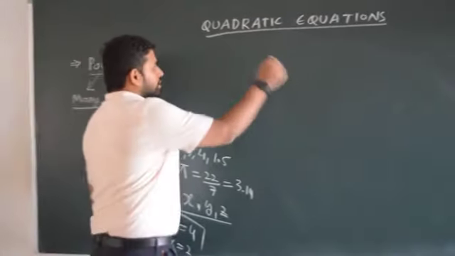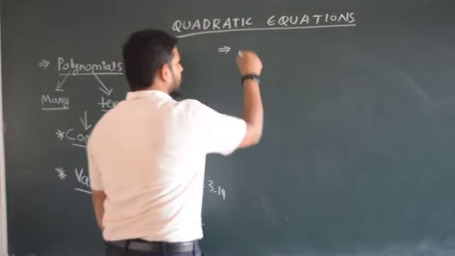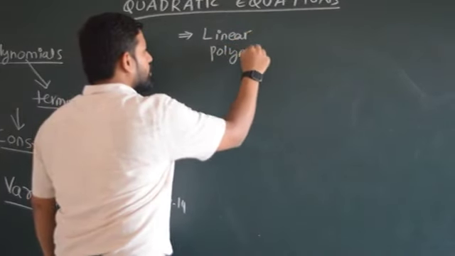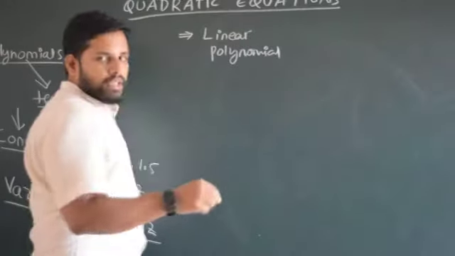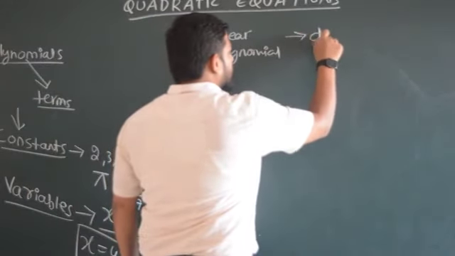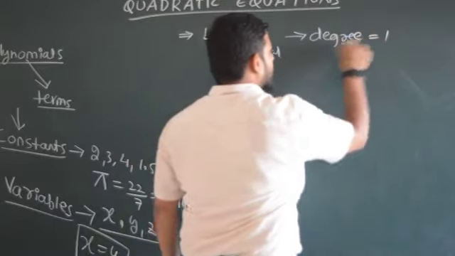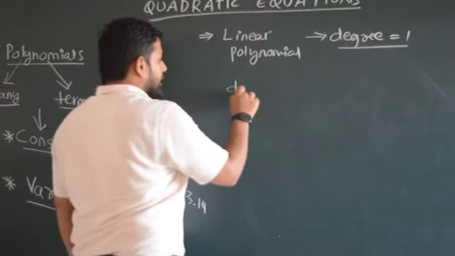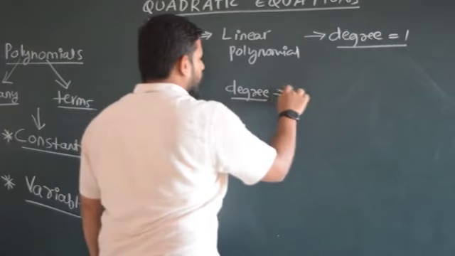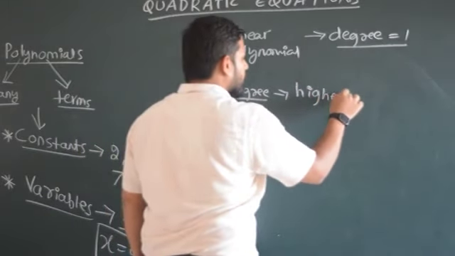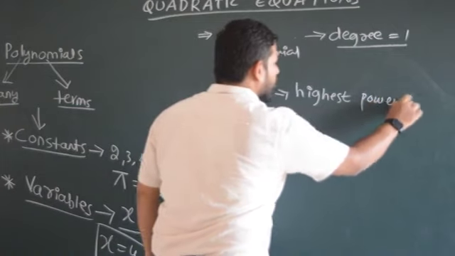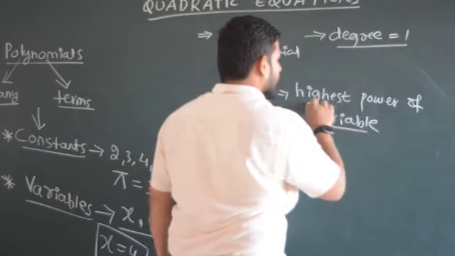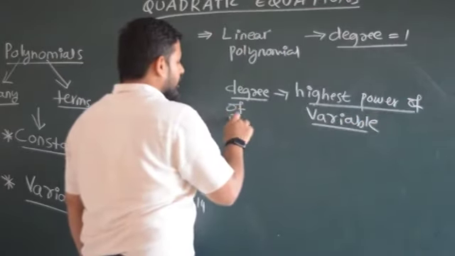Okay, fine. Now, in our class, we have discussed that there is something called linear polynomial, no? Yes or no? You must be knowing what a linear polynomial is. Linear polynomial means the degree of the polynomial should be equal to 1. Now, you will have a doubt. What do you mean by degree, sir? Whenever I say degree of a polynomial, it means whatever highest power of variable is there in a polynomial, that is known as the degree of the polynomial.